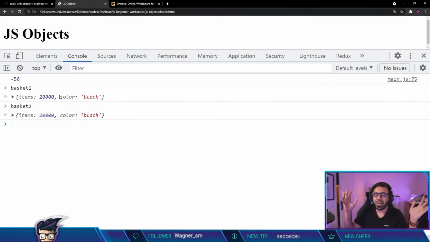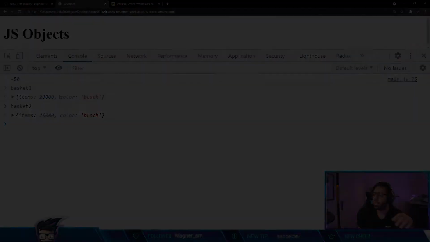Developers go crazy when these things happen, and they're like, what the hell, I just copied an object and then